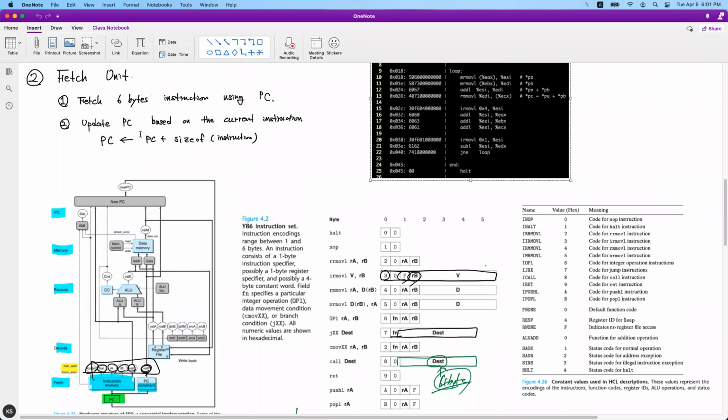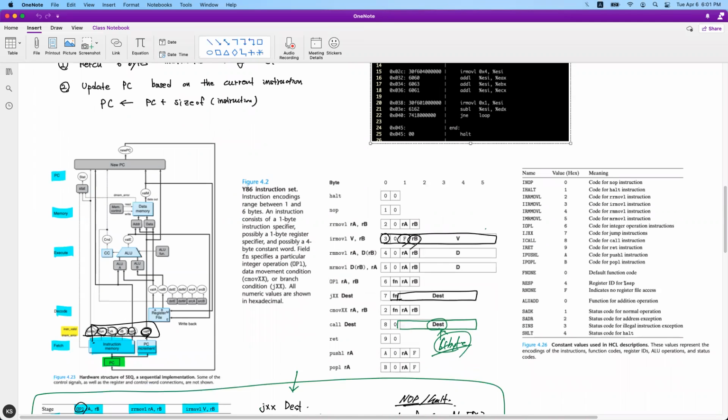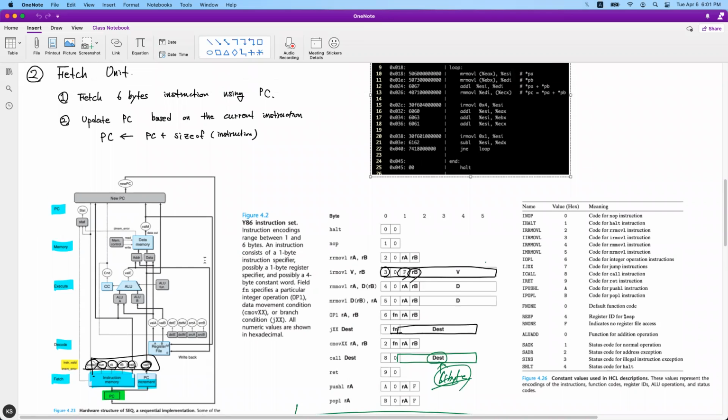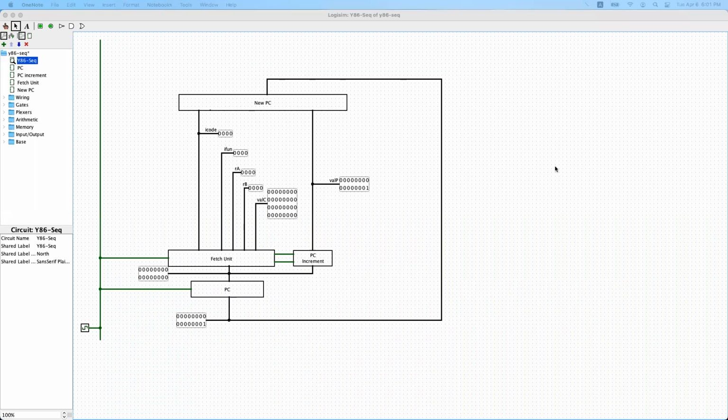this note: we fetch the first 6 bytes using the PC value for a single instruction, and then we output these things like icode, ifun, rA, rB, valC, and valP, and then update the PC value using valP. So we discussed that, and today I'm going to demonstrate how it works, and how you